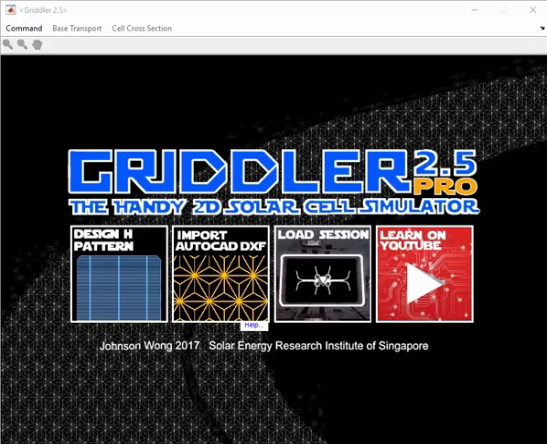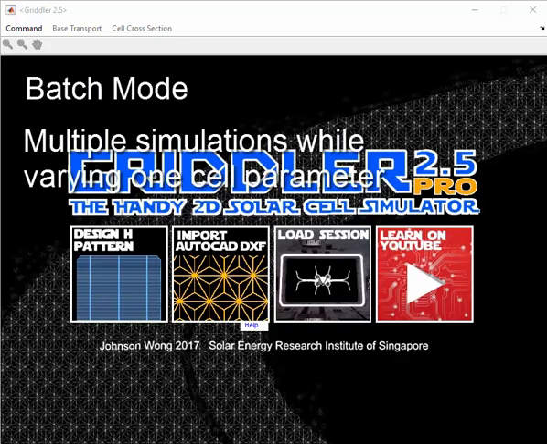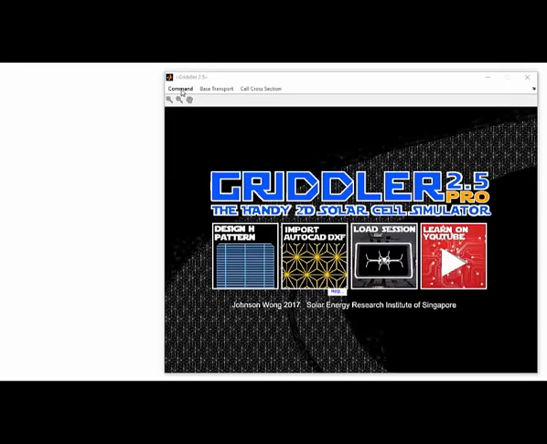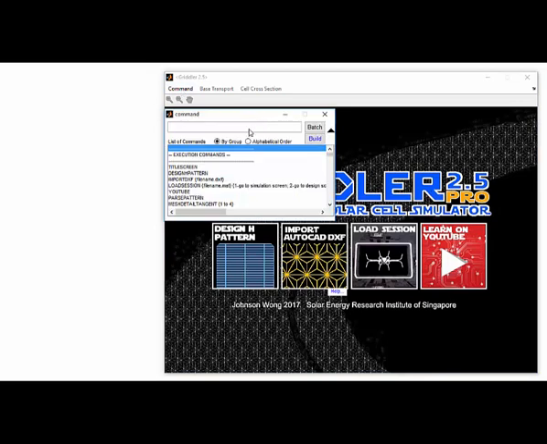Commands and scripts are a great way to run a whole bunch of related simulations and to organize them. You can do batch mode, run and log multiple IV curves by varying one parameter, make for loops. You can spell out the relationship between different variables by mathematical formula, etc. So let's pull up the command window, and you'll see that it consists of a box where you can